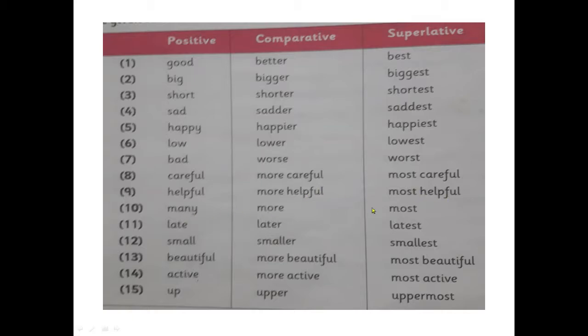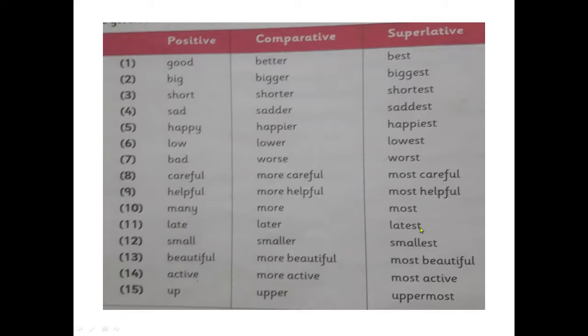Many, more and most. In some words, there are different words for different degrees. That means many, more and most. If you have to say it in positive degree, you should use the word many. If you want to compare two objects, you should use the word more. And for more than two, or for many, you should use most. This we have seen in the last few slides, right? And now some more examples.